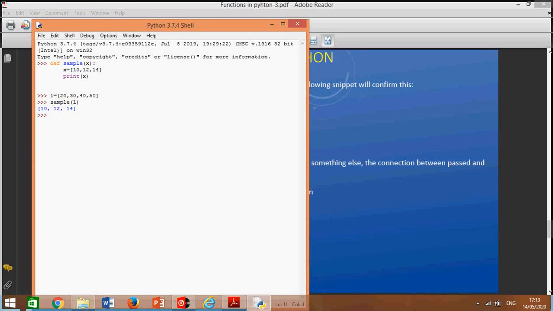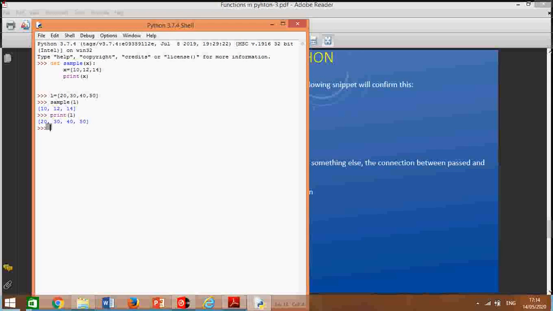See, output is 10, 12, 14. So first the list reference goes to x. Now x is the new list here. x is referring to the new object here, meaning x is modified. So when I say print x, it will give me the list. Now I will print here the original list 20, 30, no change.